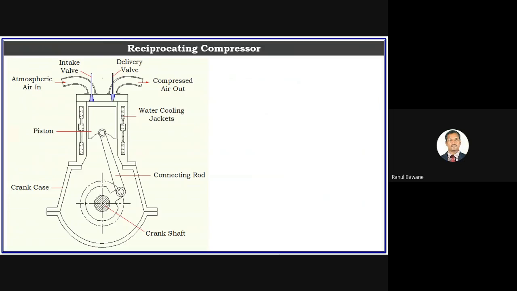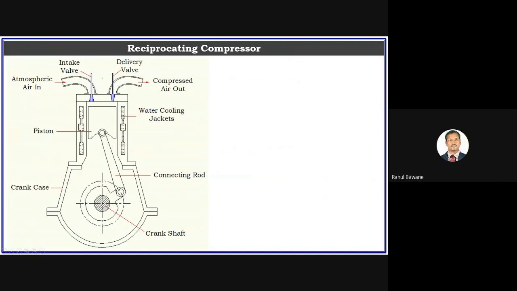As we know, an IC engine has two kinds of operation, either four stroke or two stroke. Same in a compressor, there might be single acting, that means only one side of the piston is delivering air, or double acting, that means two sides of the piston deliver air. When the piston moves upward, it has one delivery, so the bottom side will have suction. When the piston moves downward, there will be a delivery on the bottom side and suction on the top side.